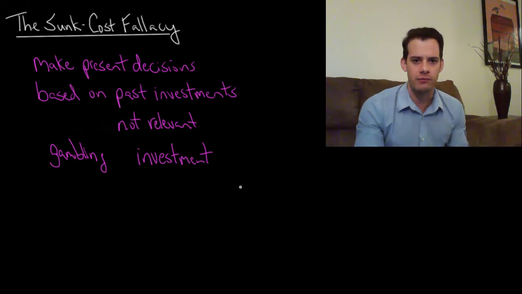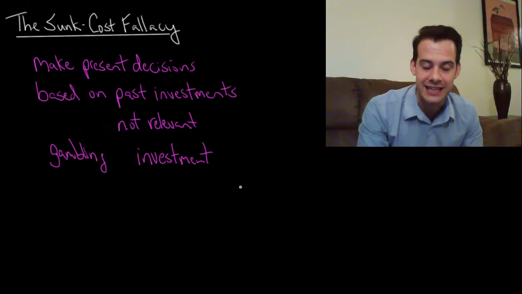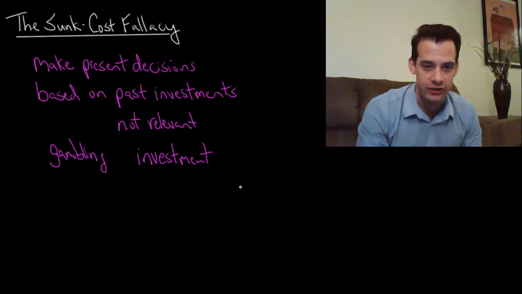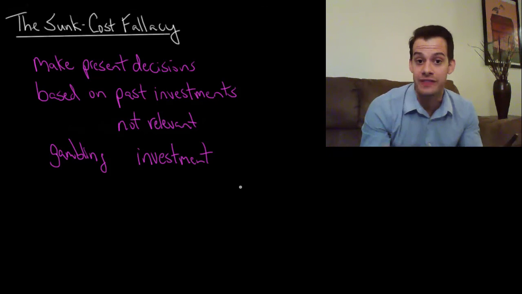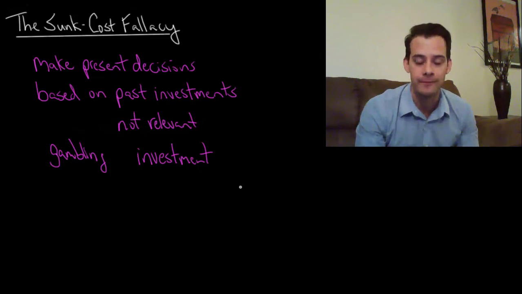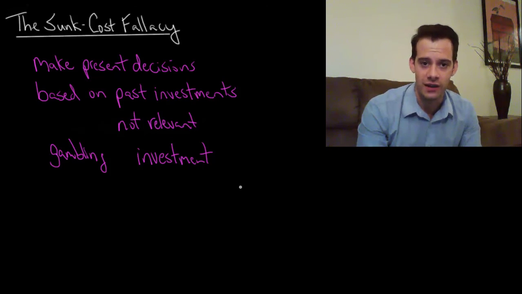Rather than thinking of a single sort of rational approach, which would be, you know, I'm down $2,000, I probably shouldn't start making larger and larger bets at the blackjack table. That's not very wise. But instead, they're looking just at that single account and saying, I can't leave with my blackjack account at minus 2,000. I need to do something to get that back up. And the only thing to do to get that back up is to keep playing blackjack and hope that you win. Right? So this gives us a little bit of insight into why this sunk cost fallacy occurs.